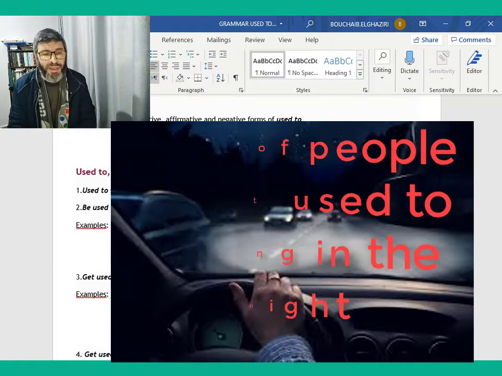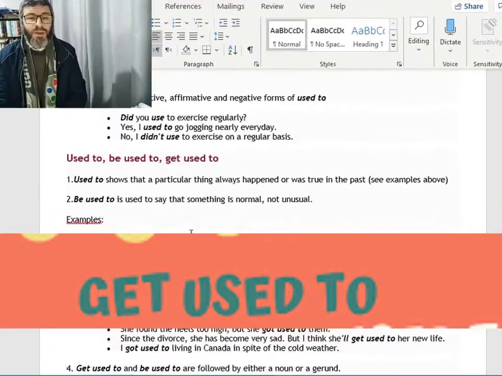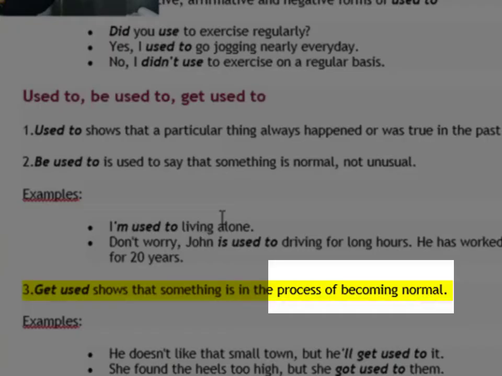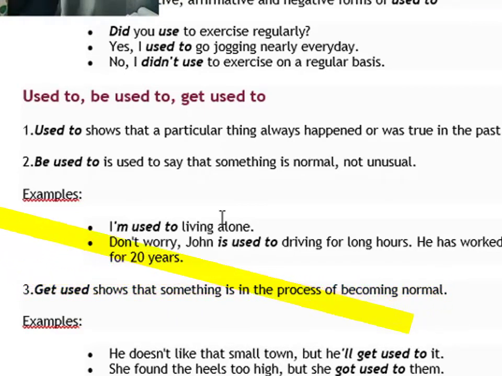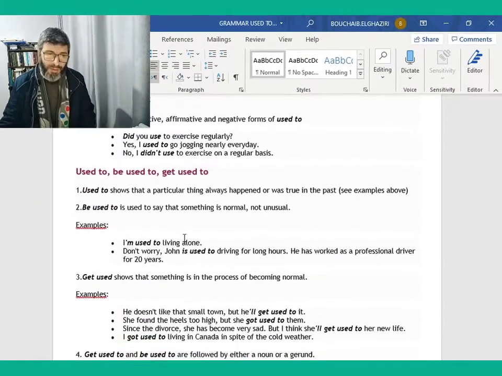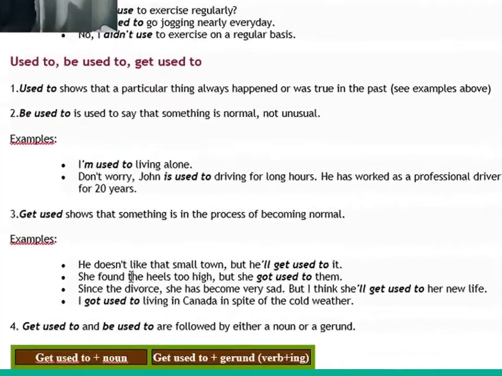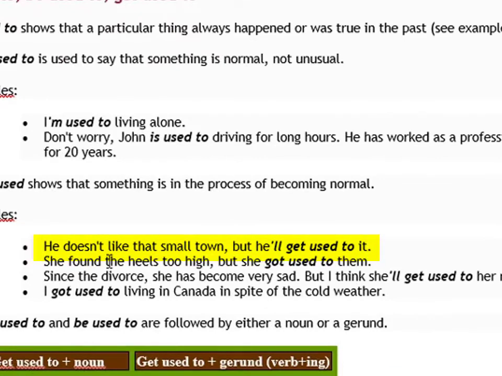Now, get used to shows that something is in the process of becoming normal. It means that it's not normal at the beginning, but with time it becomes very normal. Examples: he doesn't like that small town, but he'll get used to it in time, especially for people who used to live in big cities like Casablanca,